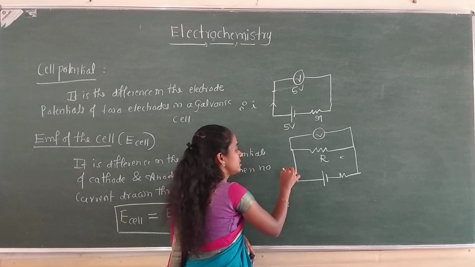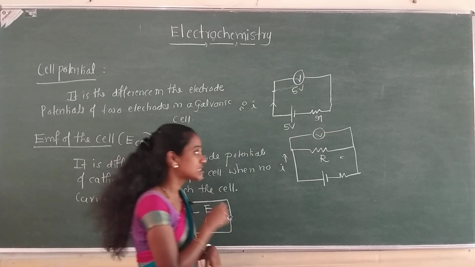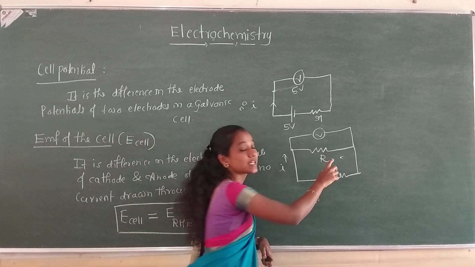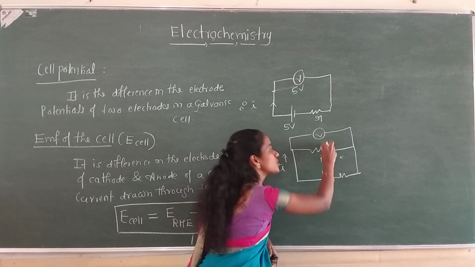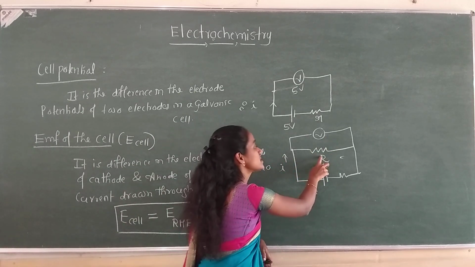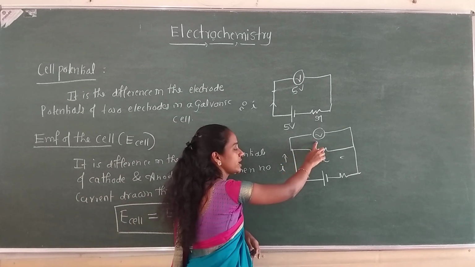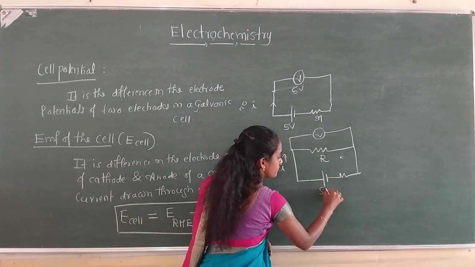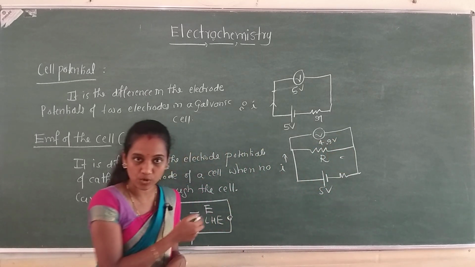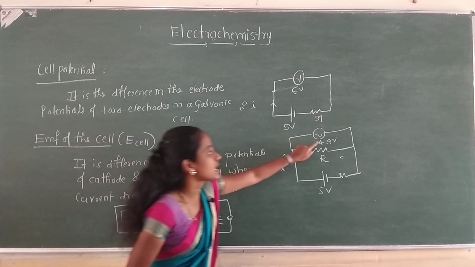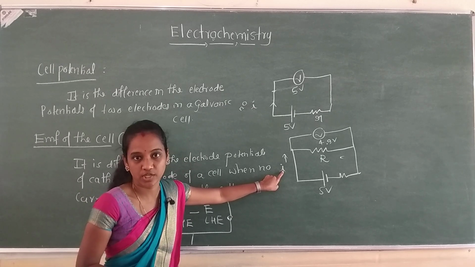Then in this circuit there is a flow of current, as well as across this load some resistance is dropped, because some potential difference is dropped across the cell because it has a certain resistance. Now whatever the reading you get here, if it is 5 volt, it will be less than 5 volt. Let it be 4.9 volt.